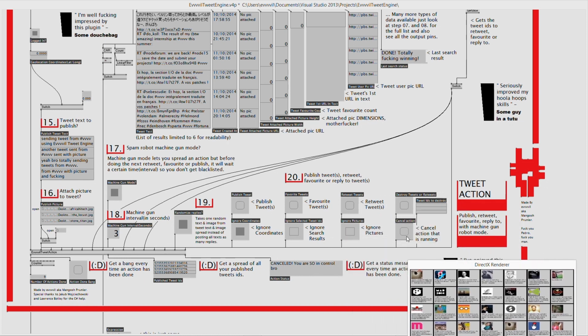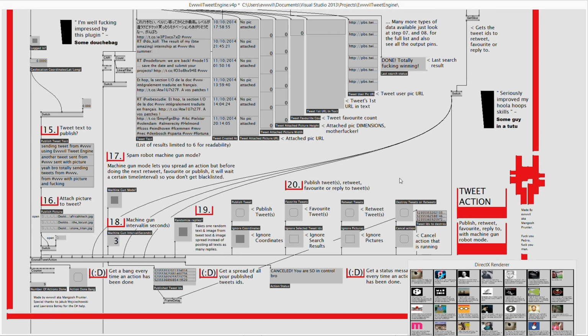So destroying tweets here, you can only destroy tweets or retweets that you have published, and this is where the published tweet IDs output, which is here, becomes really useful. And you basically just plug that through, I guess, a frame delay node, and there you go. And then basically same thing with machine gun mode, a time interval, bang, destroy tweets, and that'll destroy all the tweets that you've published. So that's it for the Evvvvil Tweet Action node,